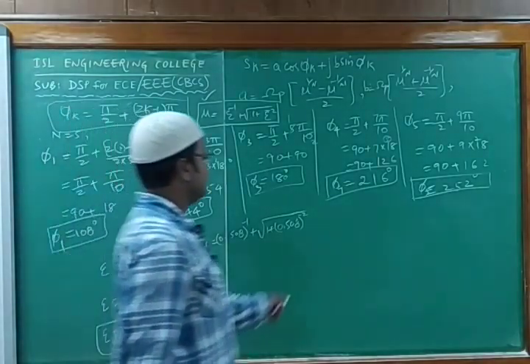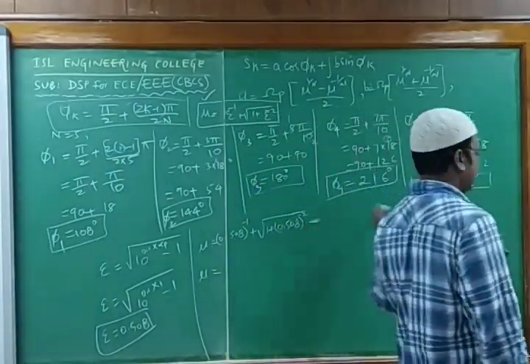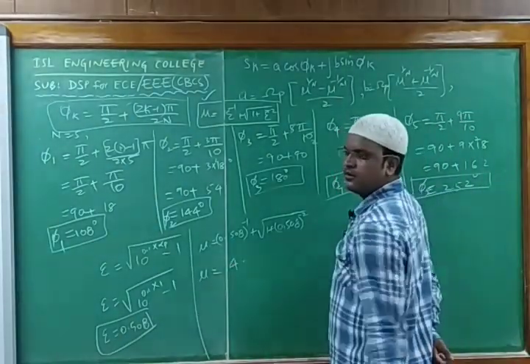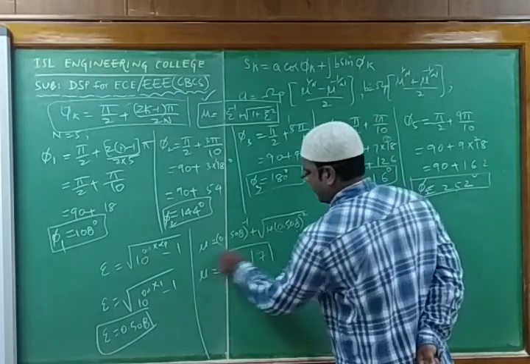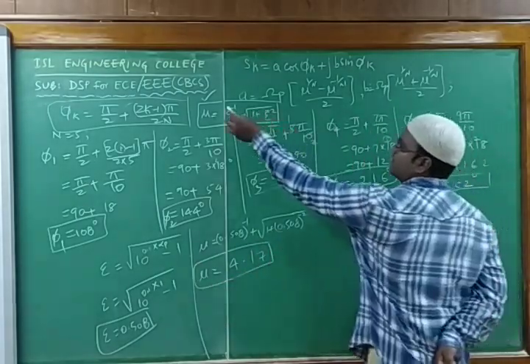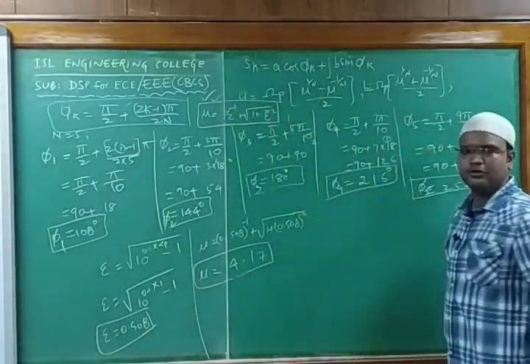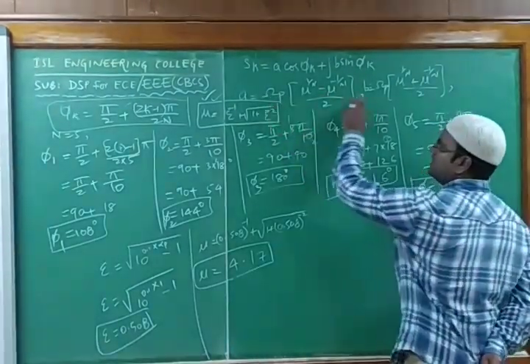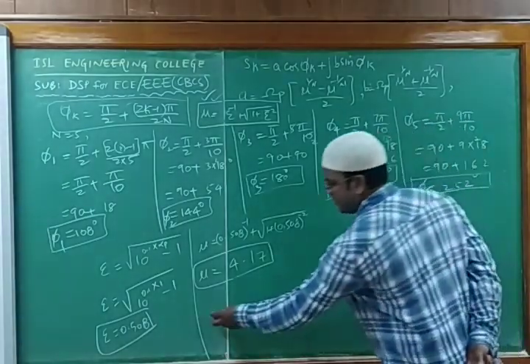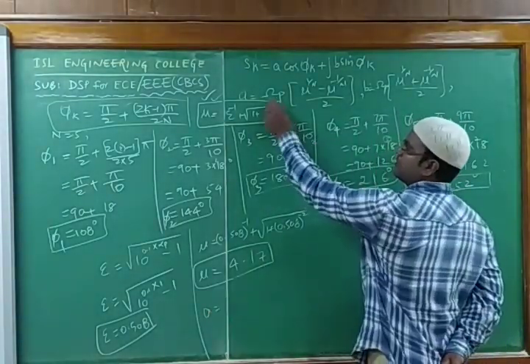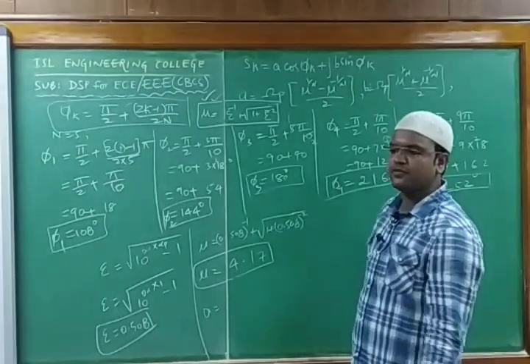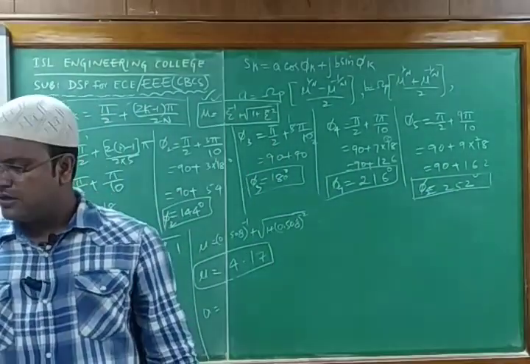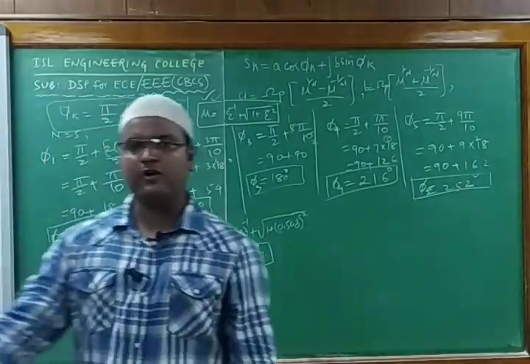So this is the answer, 4.17. So we found the value of mu. After getting mu, what is the next criteria? We do have the mu value. I can substitute over there and find out the value of coefficient A and coefficient B. So what is A? Omega p, the frequency in passband. What is the frequency in passband given in the question? It's 1000 pi.